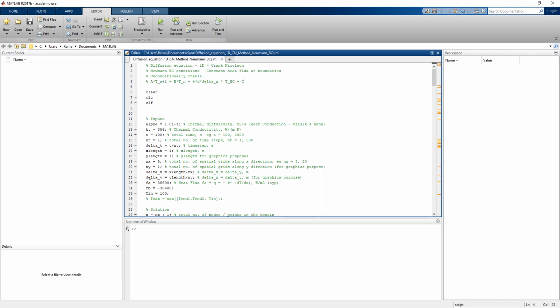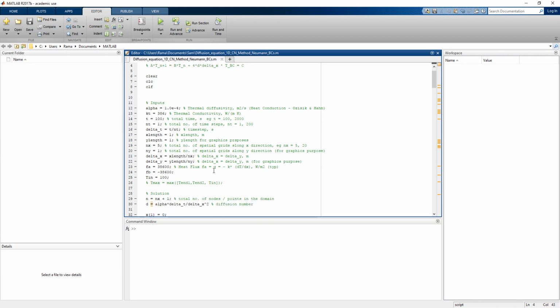The flux at end A is 38,600. It is a positive flux going into the bar, and the flux at the other end is negative 38,600. Again, there is a positive flux going into the bar. The direction is opposite to the direction of FA. So let's run this. The initial temperature again is 100 degrees Celsius. So let's run this program,